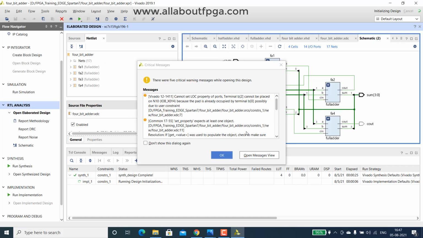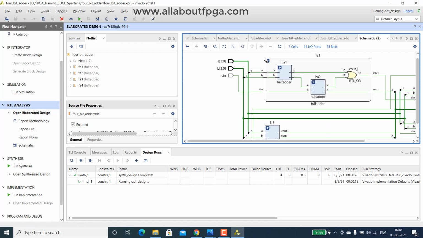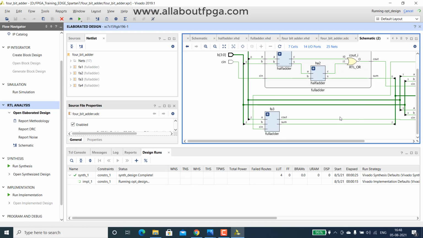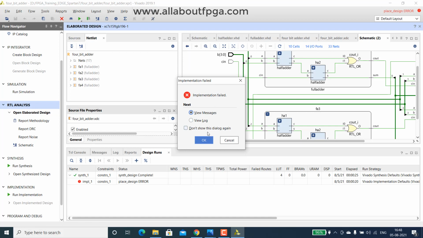So you can see that A, B, carry in is coming to full adder 1, then full adder 2, 3, 4. If you expand, you can see that half adder path, the 2 half adders with OR gate. Same way, all the full adders got that thing.